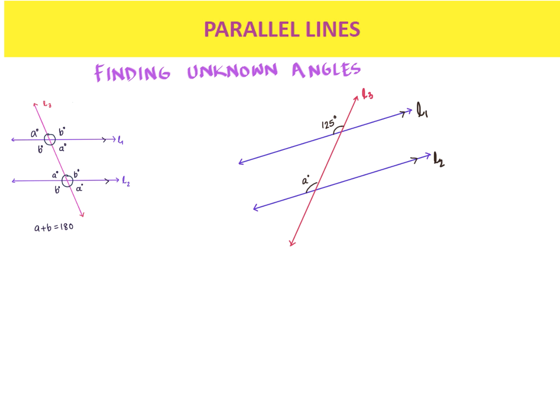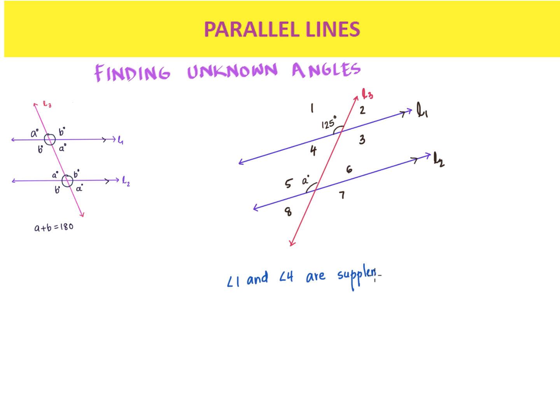So before we get started, let's just number our angles. So this is 1, 2, 3, 4, 5, 6, 7, 8. And then let's start discovering some relationships. So angle 1 and angle 4 are supplementary angles because they are along this line L3. So angle 1 and angle 4 are supplementary,